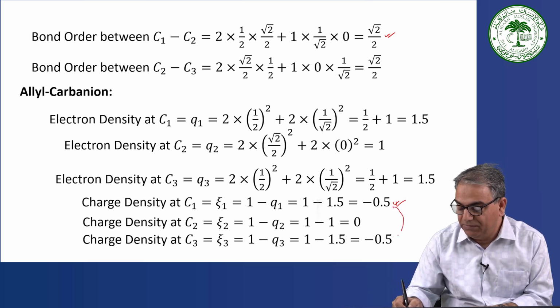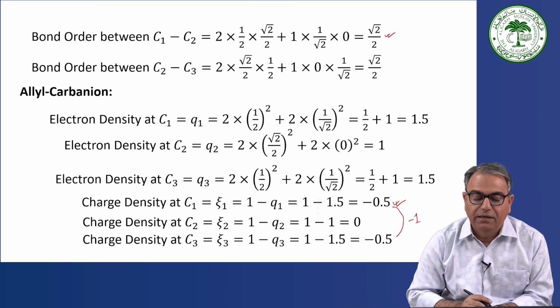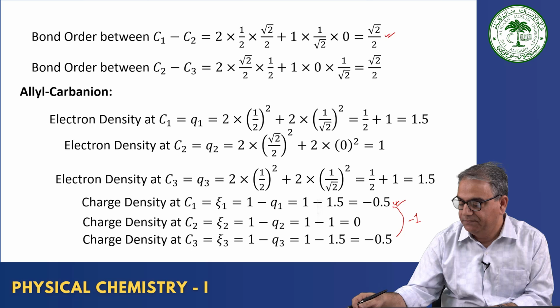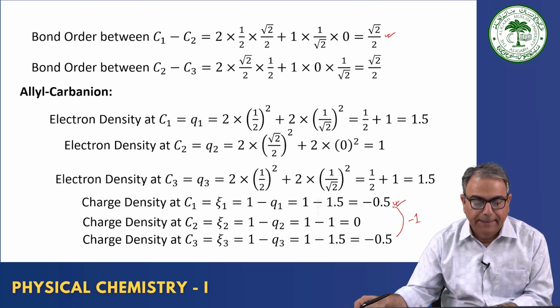So if you sum these two together, you have total charge present is minus 1, and that is expected for an allyl carbanion. So this is how HMO gives you exactly the similar results which is expected from a particular molecule. Okay. Then we go for